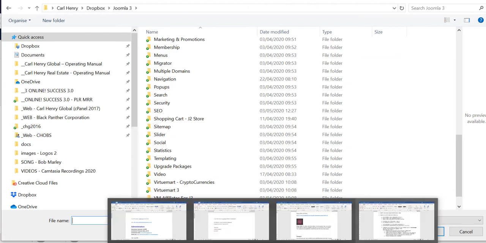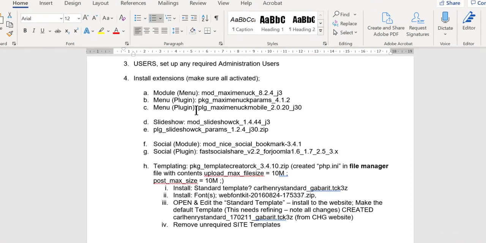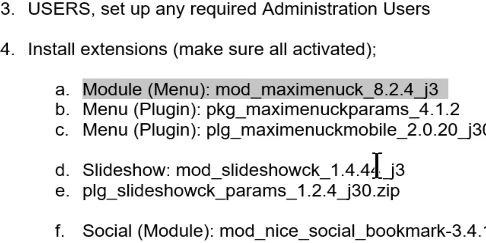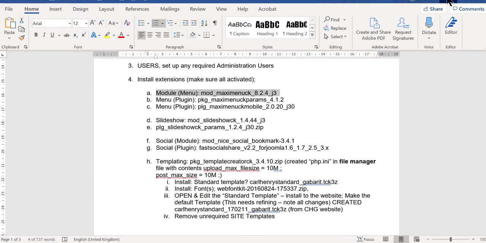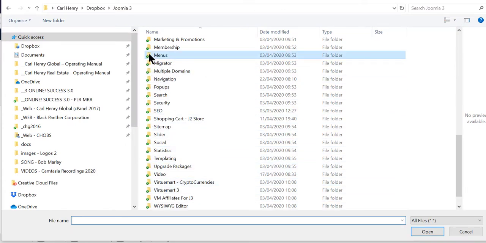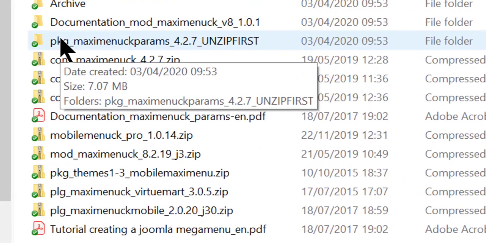So I have my list of extensions that I like to have in each CMS as a minimum. So for instance, here I'm going to install this module, which is the main menu module. So I will move away from this and just look through here for my menus, double click, and you'll see that we have